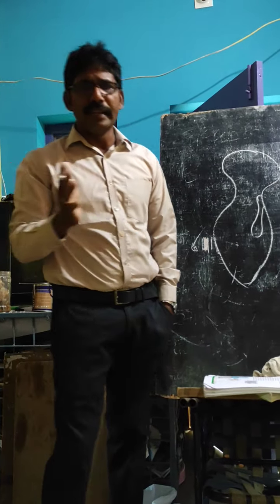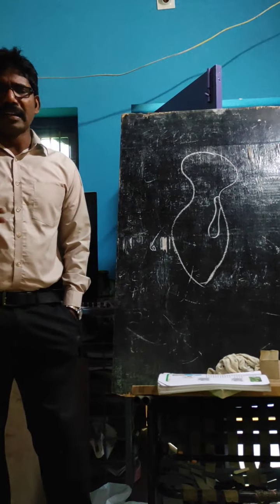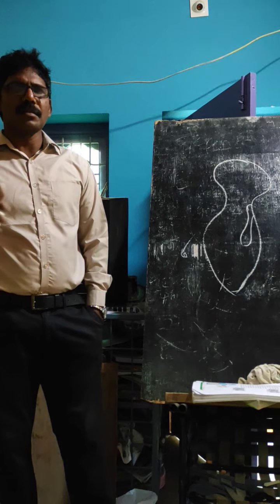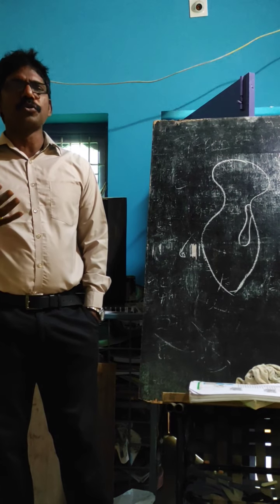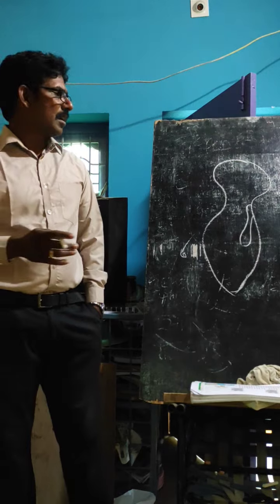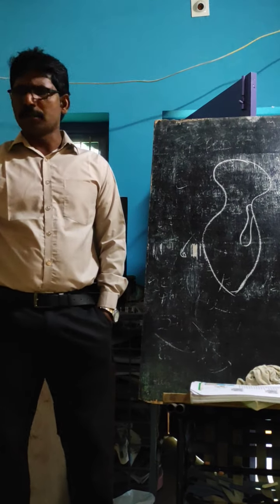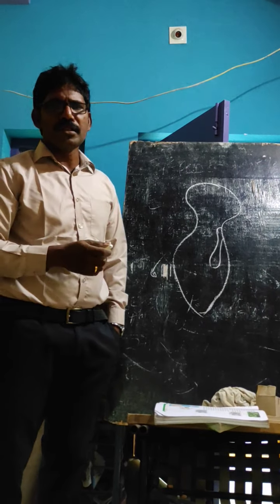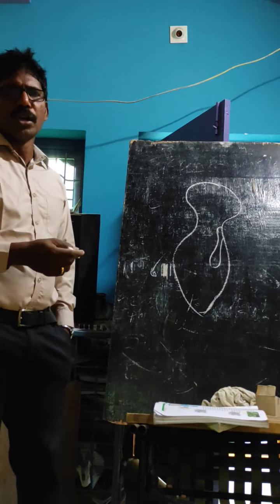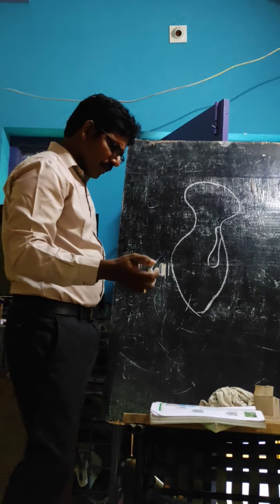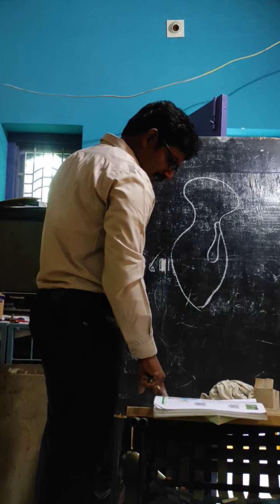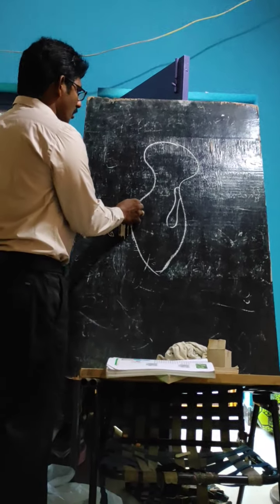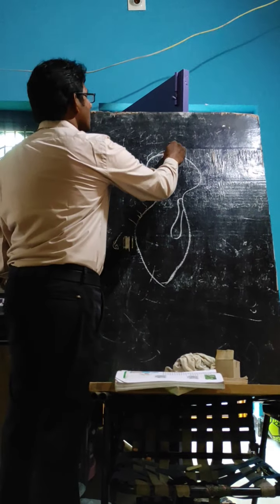Amoeba does not have any definite shape; automatically it keeps changing its shape, because it is always changing its pseudopodia. That's why amoeba does not have any specific shape. But this one is called paramecium, also called a slipper animalcule. This is also a unicellular organism, that means a single cell. Here, food is taken in at a specific spot. Food is moved to the spot by the movement of cilia. See, this is covered by cilia like this.